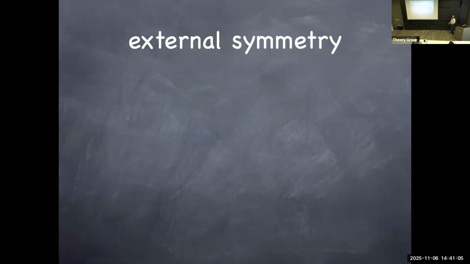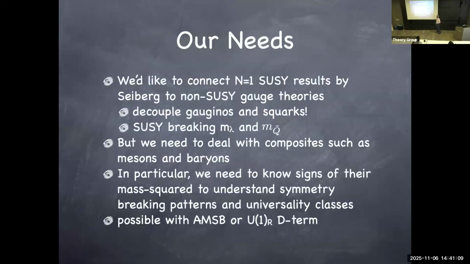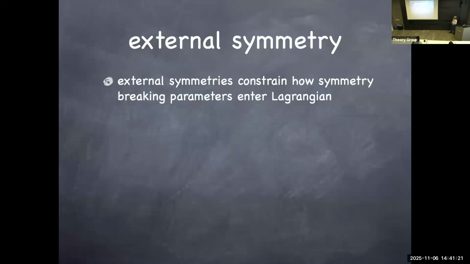When you say U(1)_R is part of the superconformal symmetry, or just... That's right. Right, that's why it's restricted. And so another problem with the D-term is that you know how that works in the IR limit, but not necessarily in between. So that's another advantage of anomaly mediation.